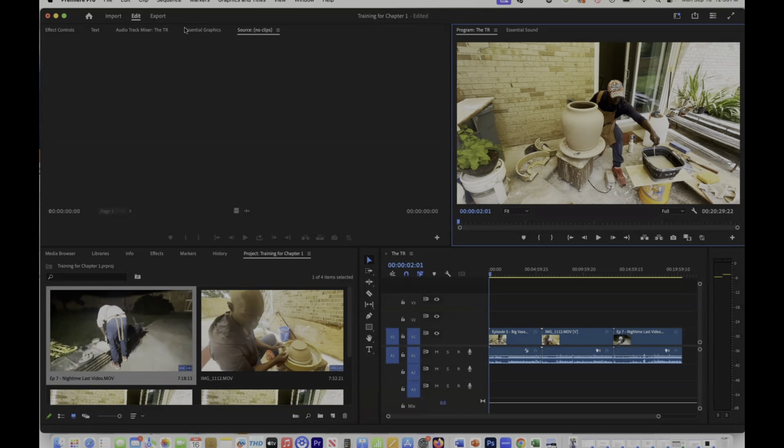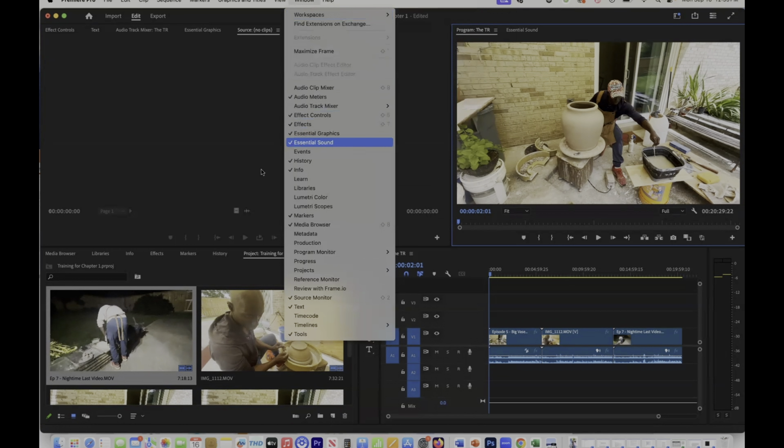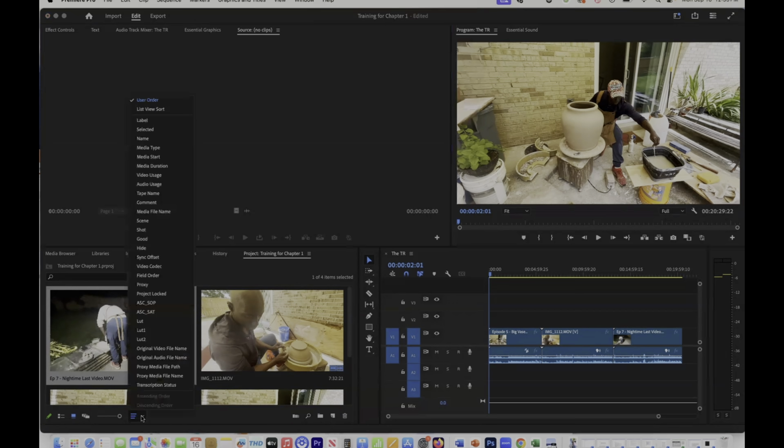So these are just different sections that we can go through. So I think that that is good. We've been through that. So let's also, as you know, the workspaces section, there's many workspaces that you can actually start with. But for the purposes of this class, we're going to stick with the editing workspace. Also, some key things that are mentioned within this very first chapter is that, let's say, for example,